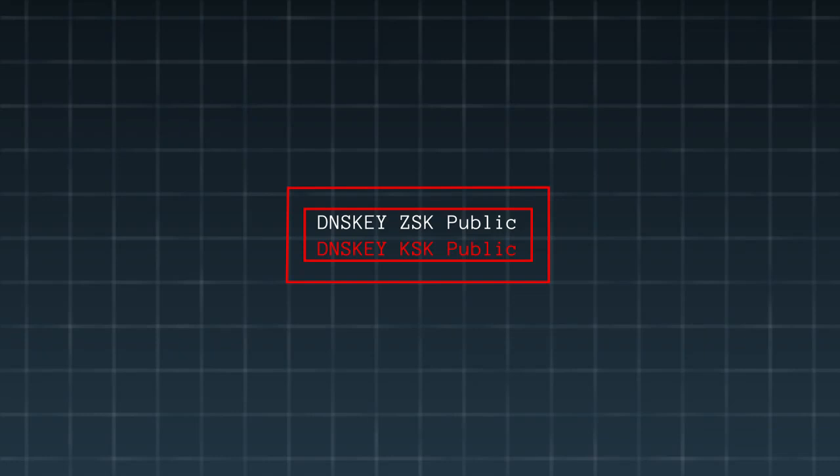Aaron.net's public KSK is also sent in the form of a second DNS key record. These DNS key records are hashed and encrypted with aaron.net's private KSK, producing another RRSIG record, this one for the